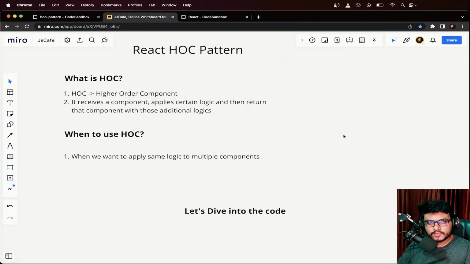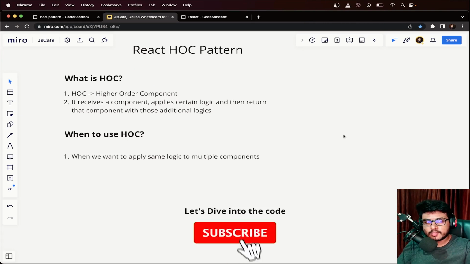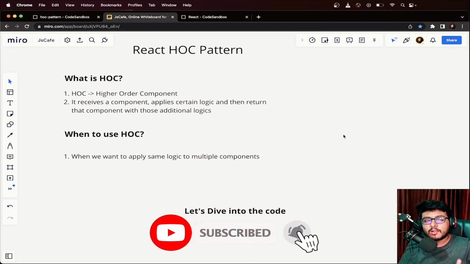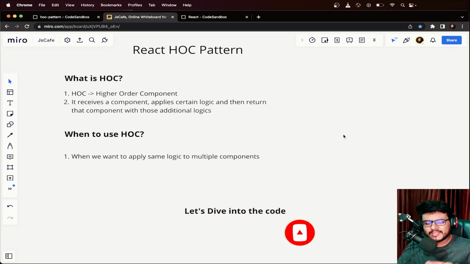So, in the very first video, we will be discussing the React HOC pattern. And before jumping into the topic, let us discuss what this series is all about. In this series, we will be talking about various types of design patterns that are followed at the industry level. By design pattern, we actually mean how we write business logic in React, and how we